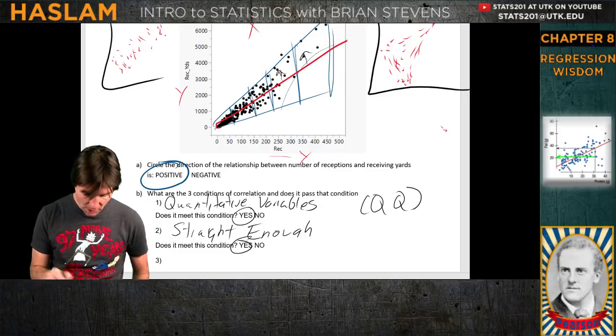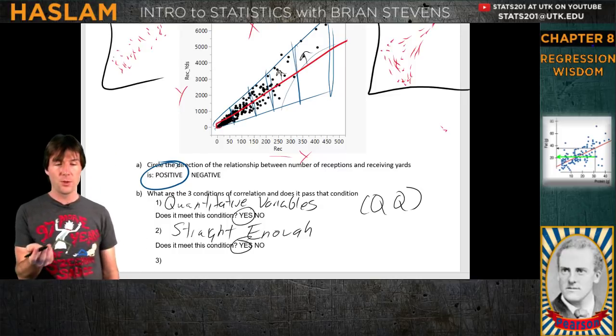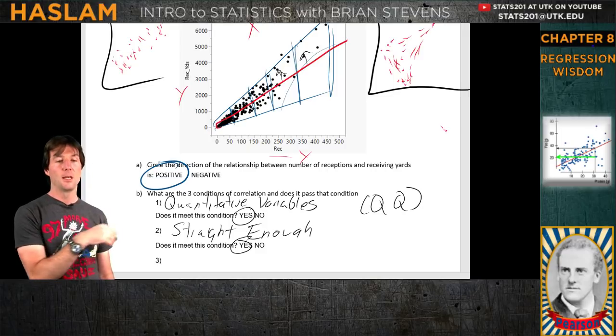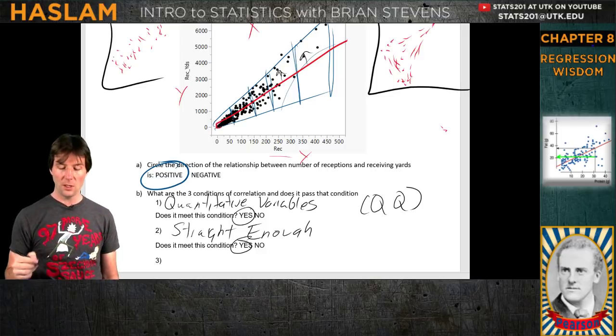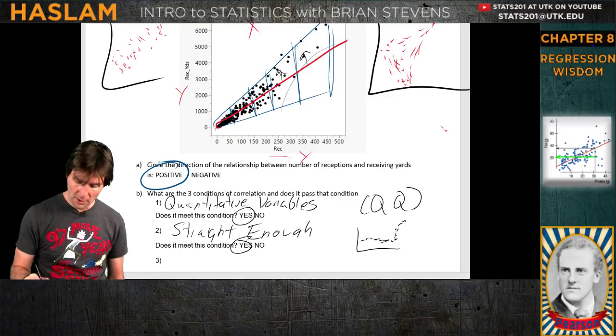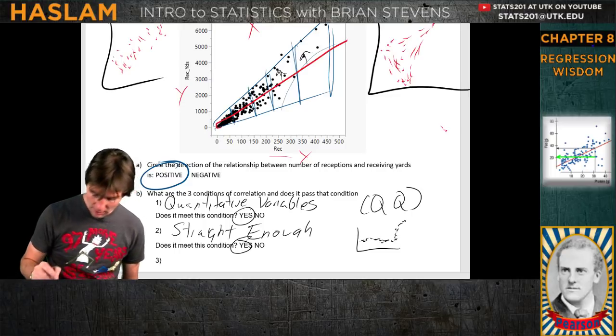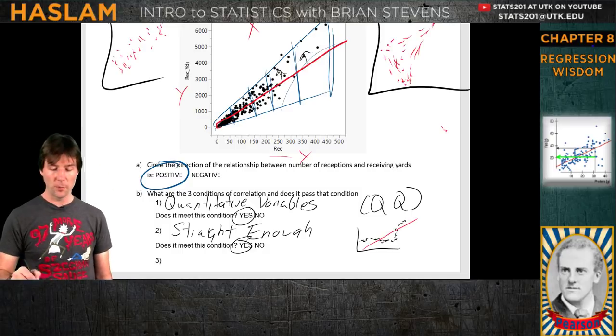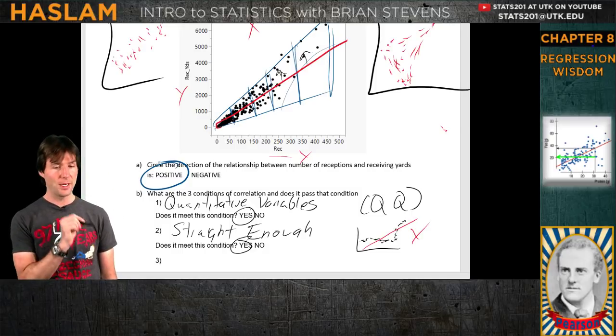What would be our reasoning here? Well, the line goes through the center of the data. If you look at this right here, the red line I drew in goes through the center of the data. Now you can have instances. We'll draw in a bad example here. So a bad example would be something like this. If you were to draw in a red line to this data, that relationship over there on the right is your bad example of not straight enough.